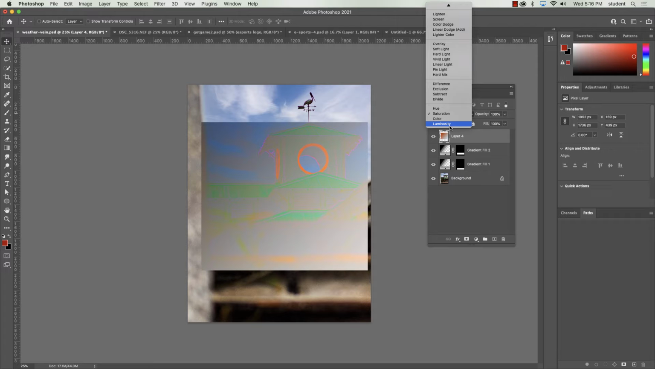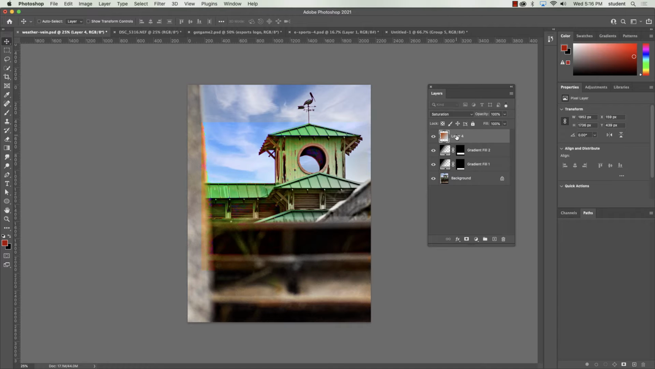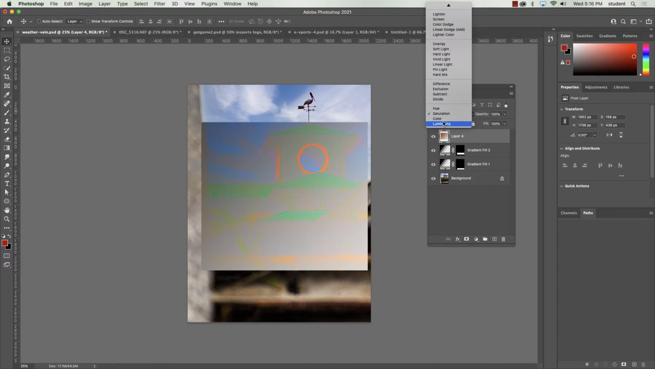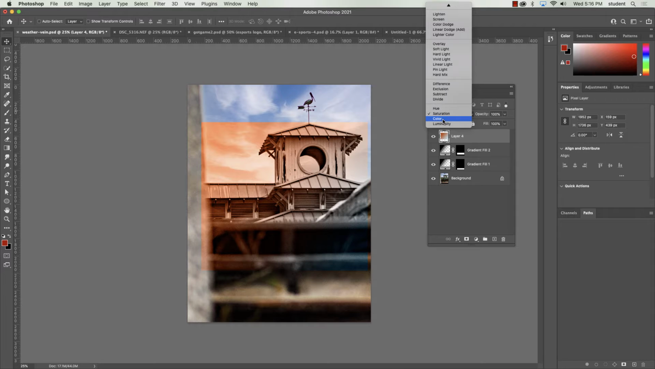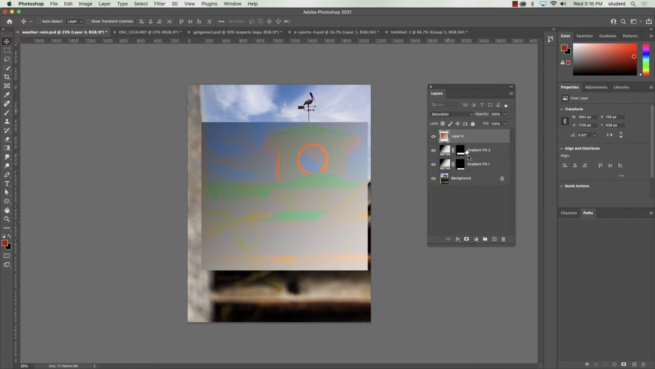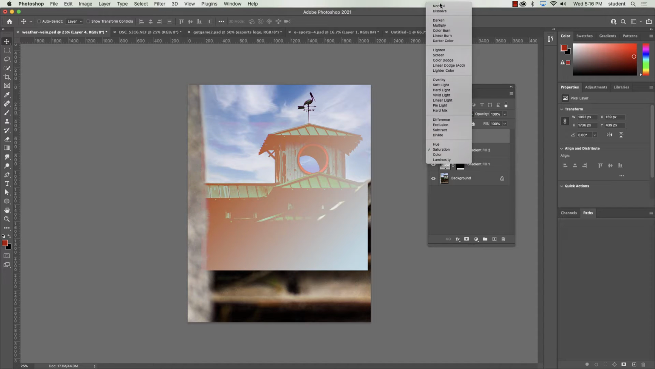I do some things with luminosity, especially tweaking an underlying grayscale and then picking up the color underneath; that is where I tend to use luminosity. The hue and the color I use for changing people's eyes, shirts, that kind of stuff. This is where I use those most often. Okay, so that's a little bit about